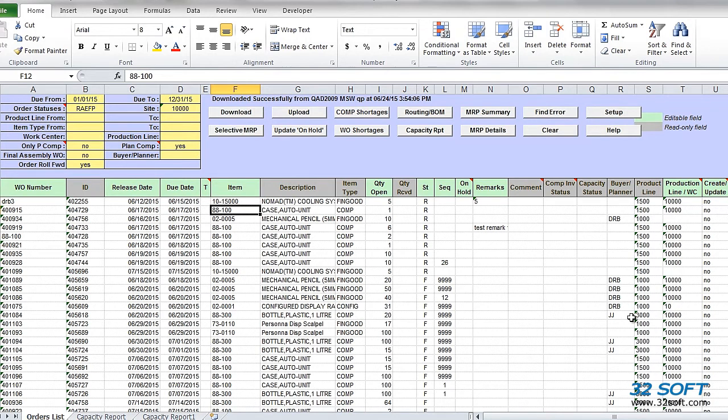As demonstrated, this easy-to-use productivity tool makes it simple to manage production details from convenient Excel spreadsheets and then upload data safely to QAD. 32Soft's Production Planner data loader will increase your productivity, reduce errors, and significantly contribute to your